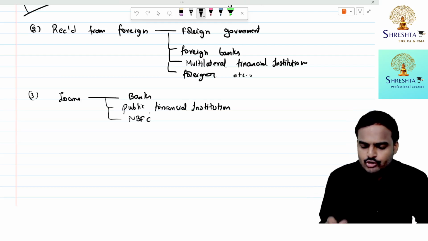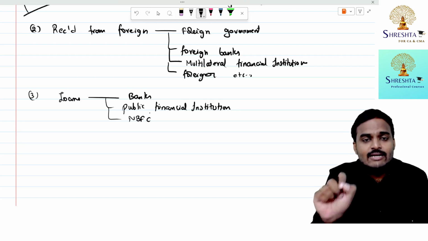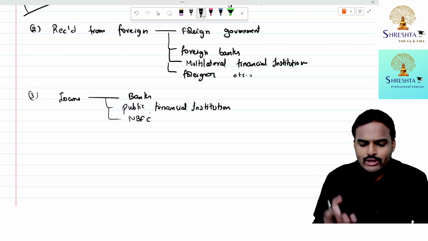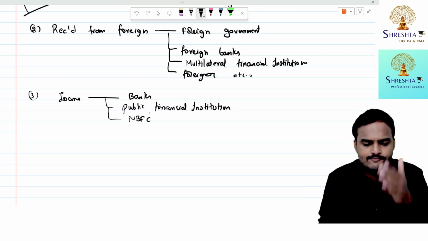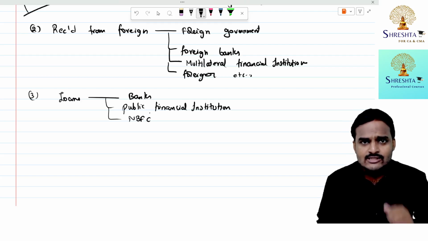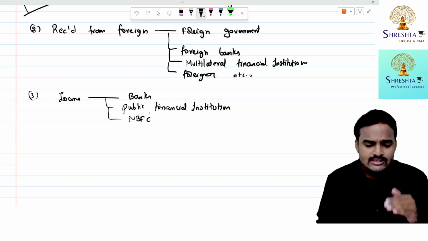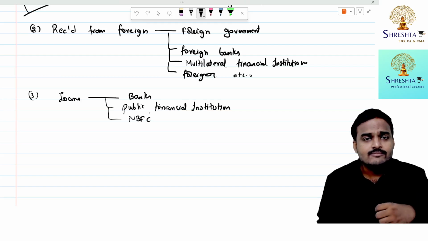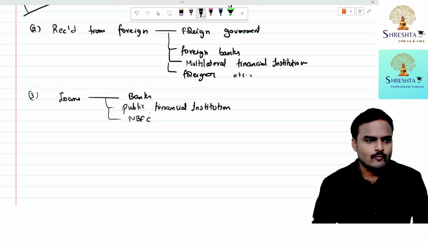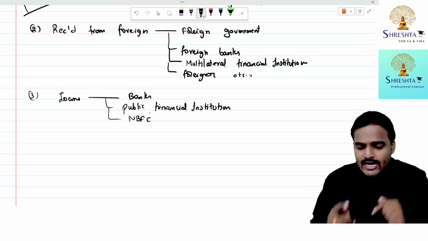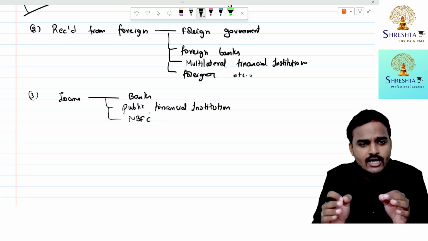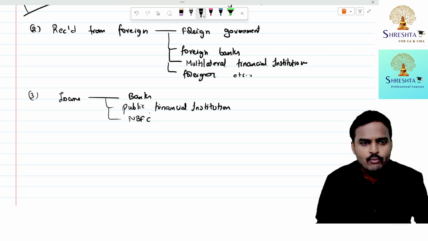Suppose, State Bank of India, you can open an account. You can save your money in State Bank of India. Understood? You can make a fixed deposit or a recurring deposit with State Bank of India. But these facilities are not possible with NBFCs, like Muthoot Finance or Punjab National Bank Housing Finance. With these companies, you can get loans only. You can't save your money with them. Whereas banks will give loans and take money from the public. That is the fundamental difference between banks and NBFC. Everyone getting my point, students?